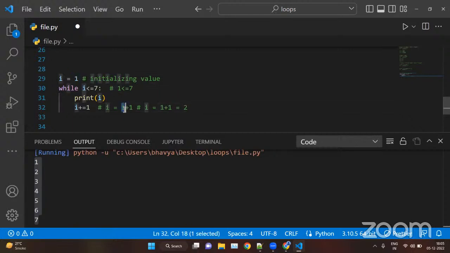So 1 plus 1, which is 2. Okay, so here this means and this one both are same. And this is known as the assignment operator, as you know. Now the value becomes 2 here. So the loop will again check for the condition, whether the value of I, which becomes 2 now,